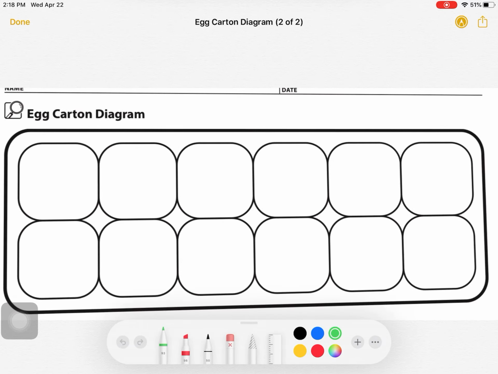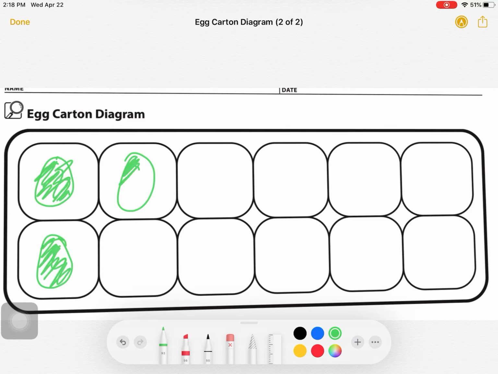I like my green eggs and ham, so I'm going to use green eggs today. I heard and saw a few students in my small group yesterday talk about how these three eggs right here represent a fraction. So here's one egg, two eggs, and three eggs, but then I have these other spots that total up to a dozen,